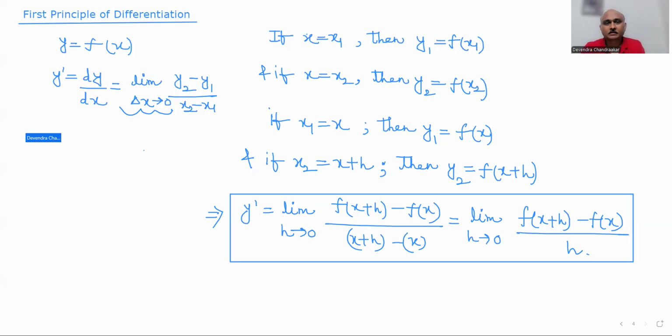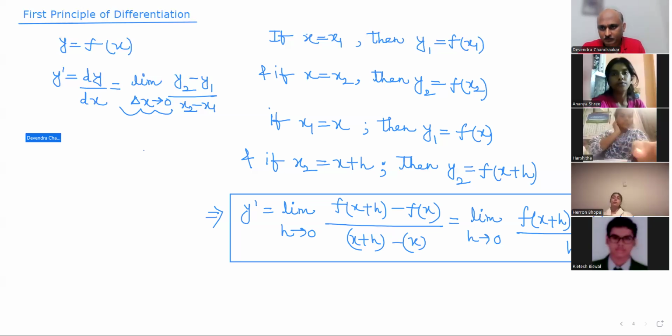हाँ भाई, नोटेड। हेलो हेलो हेलो। अनन्या, हर्षिता, हैरॉन, रितेश,